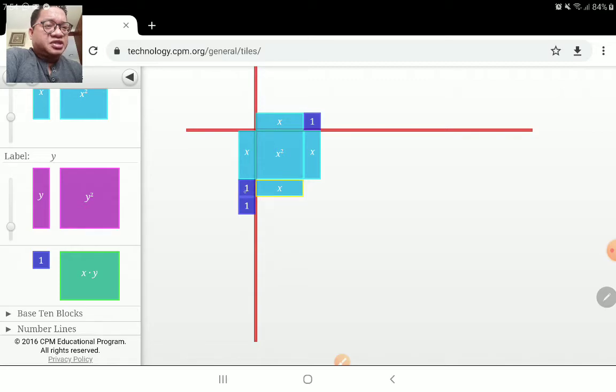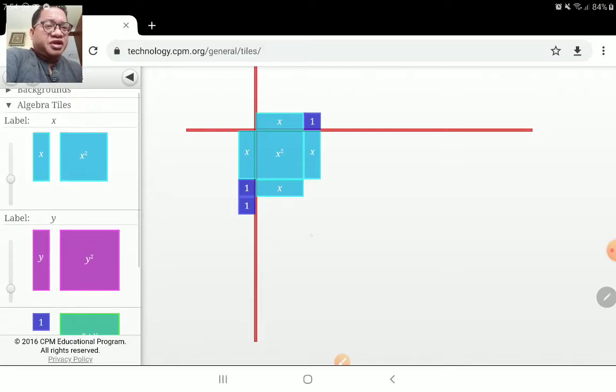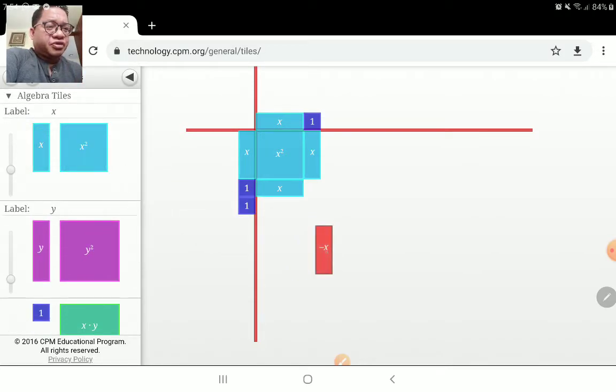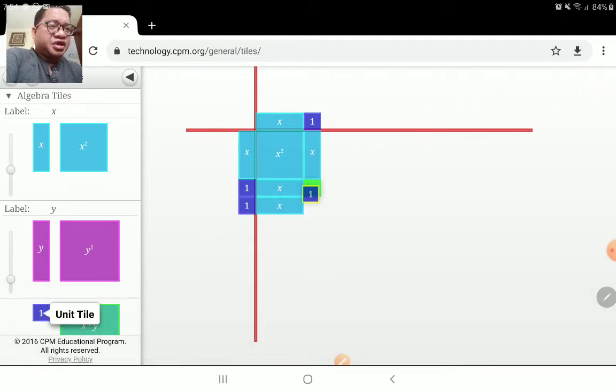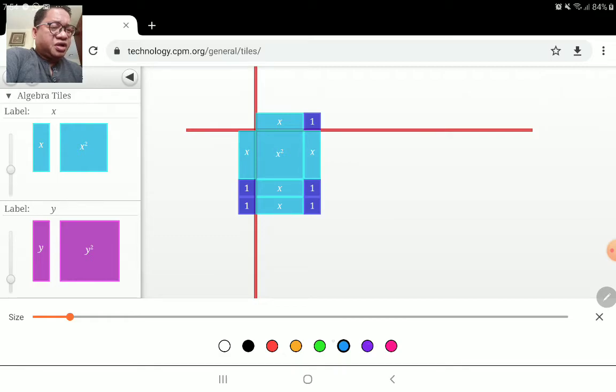Okay, so this is now x times 1 is x. And then you have another one, we need to get one more. Okay, like that. And then you have your 2 small bits there. Okay, so what you need, you put there, and then you put there. So based from that, what we can see is you have there x plus 1